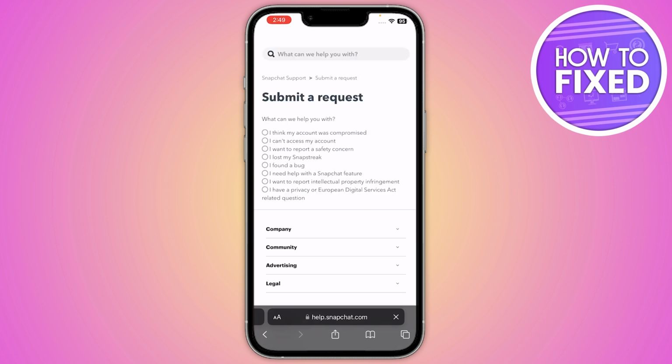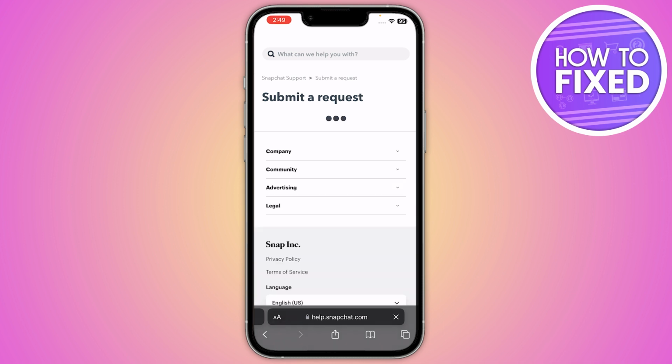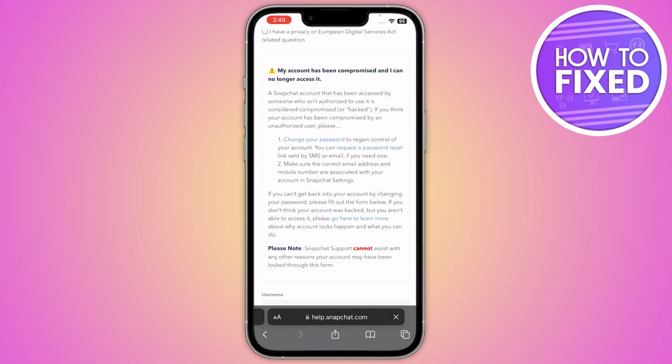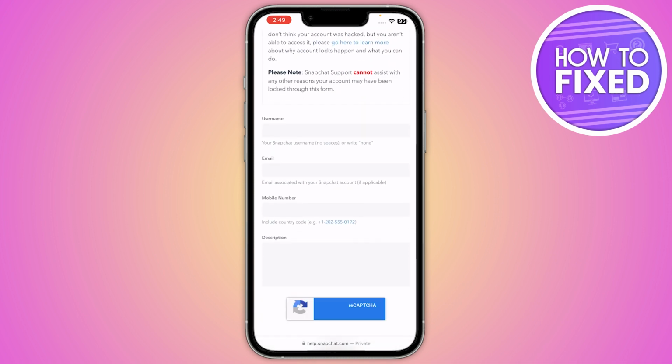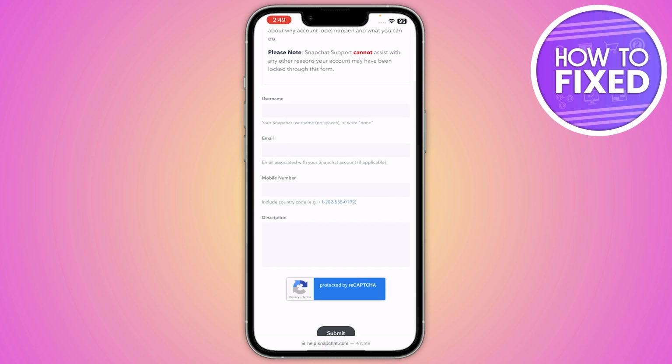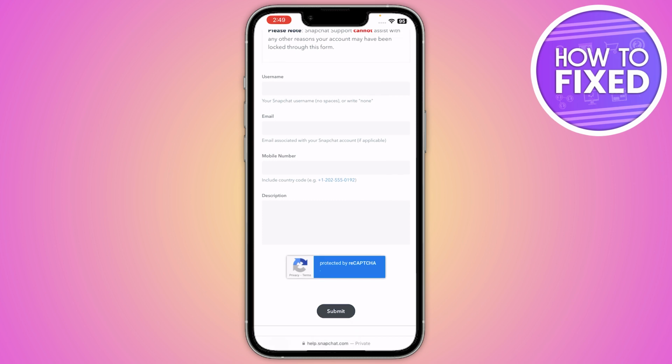And from here, the first option is I think my account was compromised. You have to click on it and select this option. Now as you can see, here is the record card, so what you have to do is simply add your Snapchat username, also add your email that is associated with your Snapchat account, and you have to add your